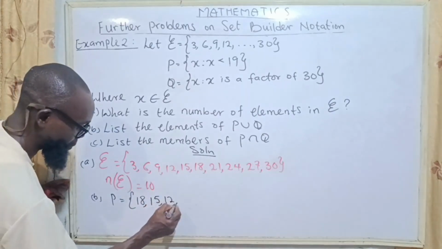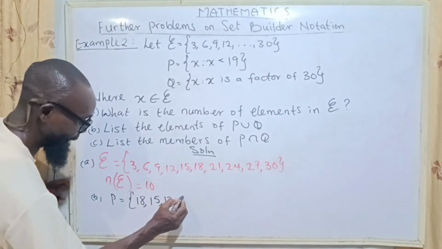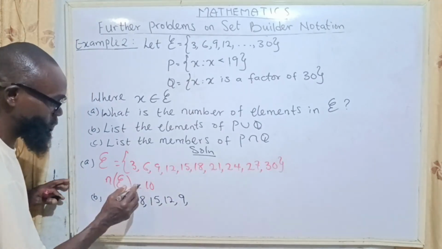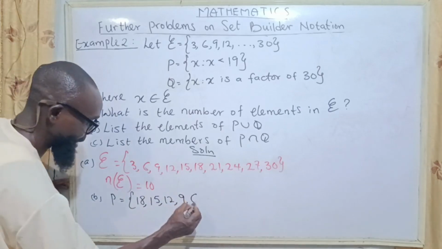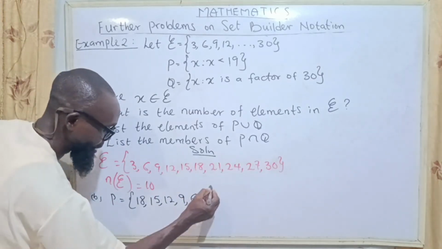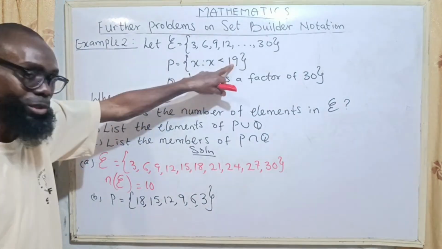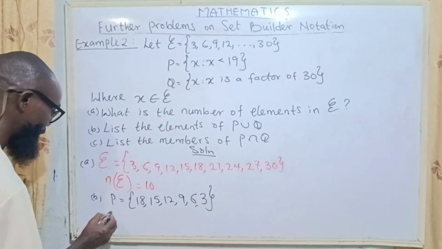We have 12. Do we have 11? No. 10? No. 9? Yes. Do we have 8? No. 7? No. 6? Yes. Do we have 5? No. 4? No. 3? Yes. So these are the elements that are less than what? 19. Okay. For the Q,